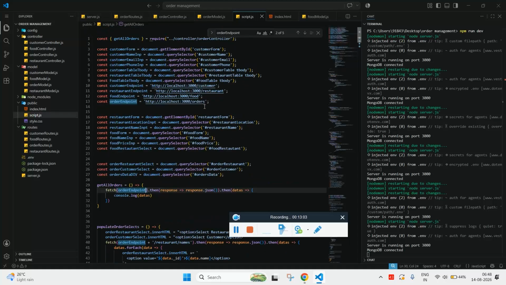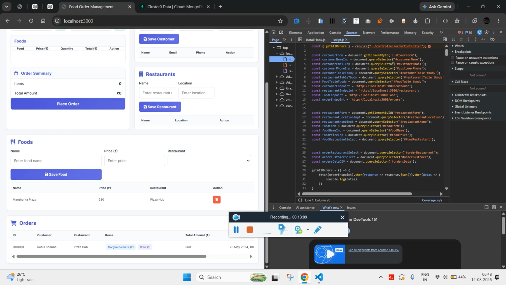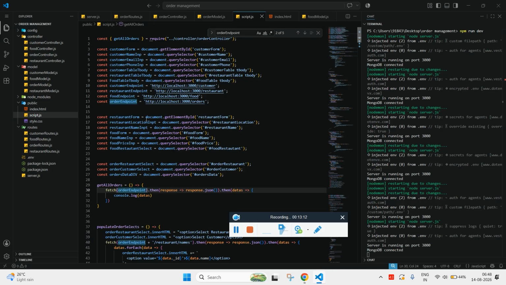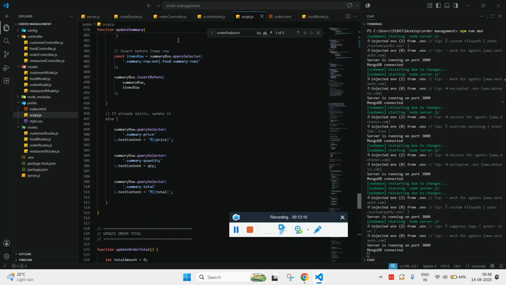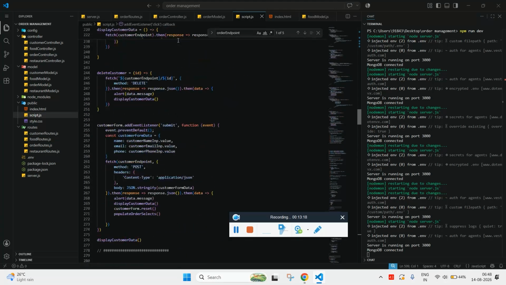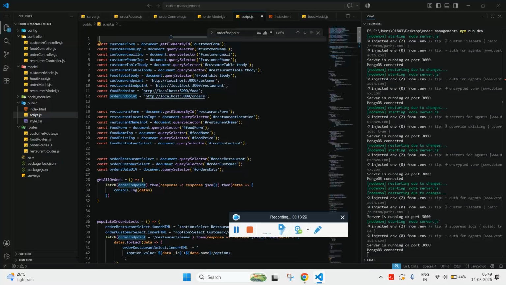Require is not defined. Where? Okay, this line got somehow appended. We don't need this. If we get to the top, this line